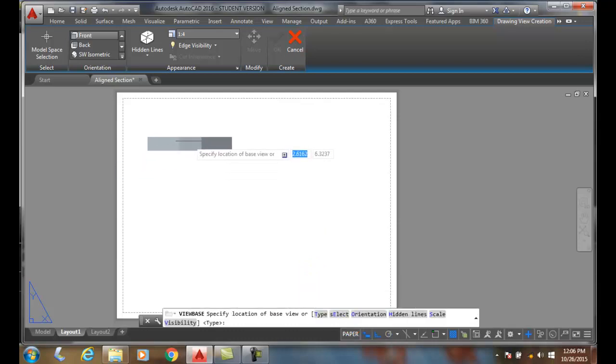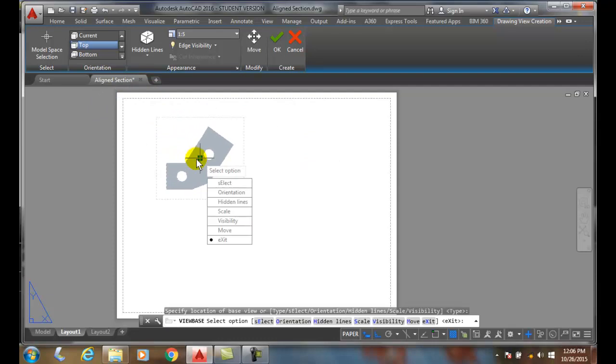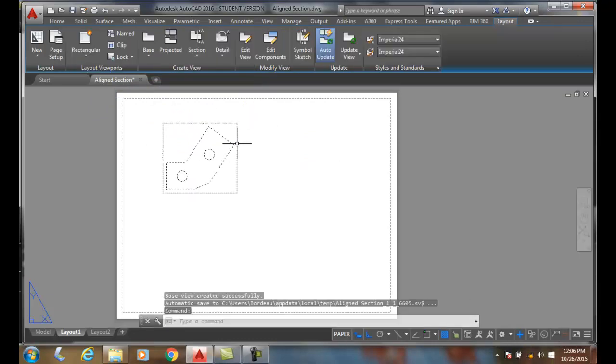I don't like my orientation, so I'm going to come up here and change my orientation to top. I'll come in and place my top view. I'll say OK. Now I'm going to come up to my section view,